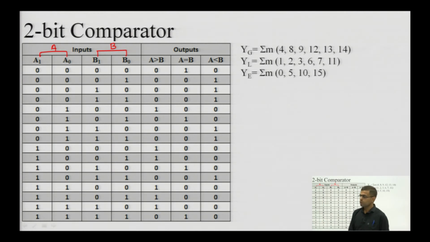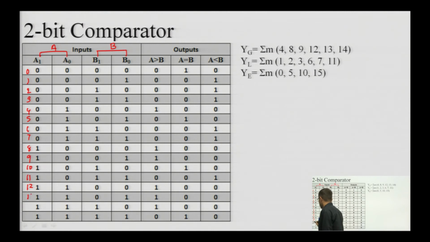So, there are a total of 4 inputs, and for 4 inputs we will be covering the cases 0, 1, 2, 3, 4, 5, 6, 7, 8, 9, 10, 11, 12, 13, 14 and 15. So, we have simply written binary counting from 0 to 15, from which we will be analyzing which are the cases which make the lesser output high, which make the greater output high, and which make the equal output high. So, in the first row we can see that a1 a naught is equal to b1 b naught. So, that is why a is equal to b.